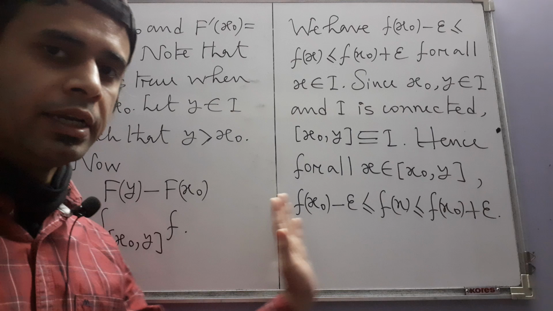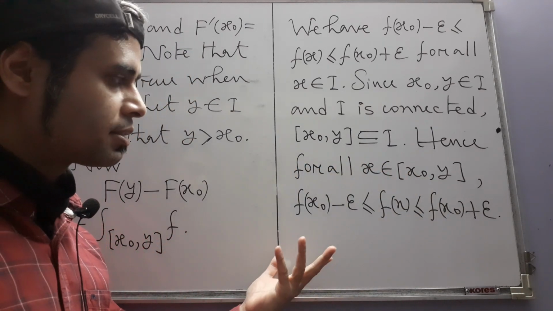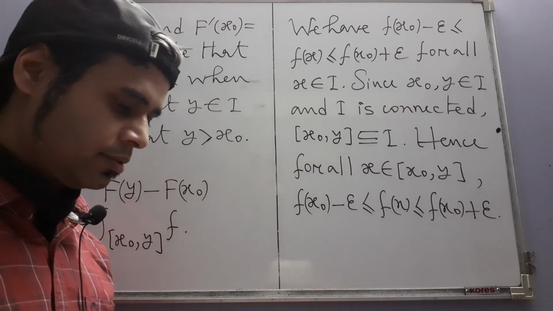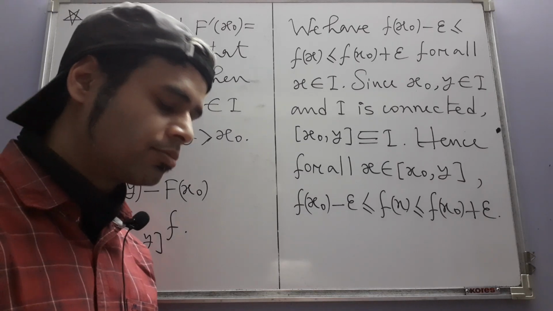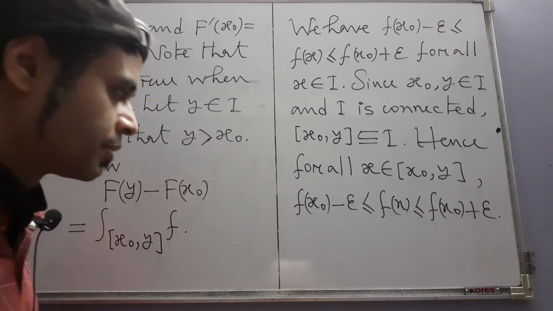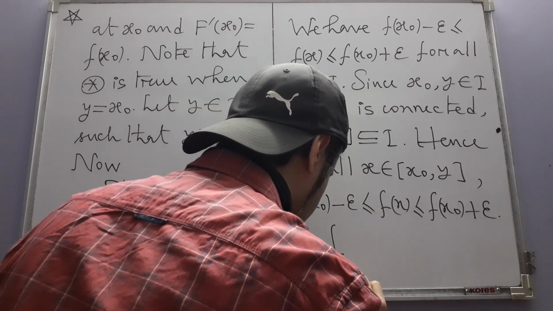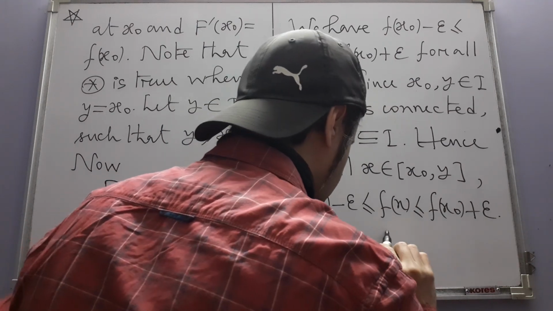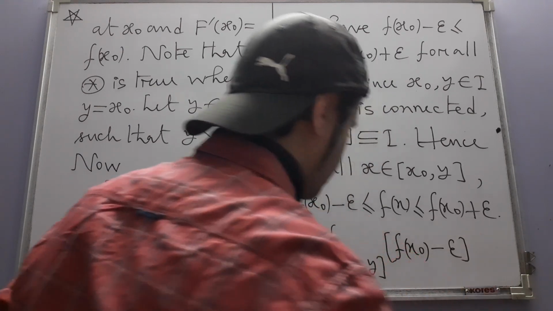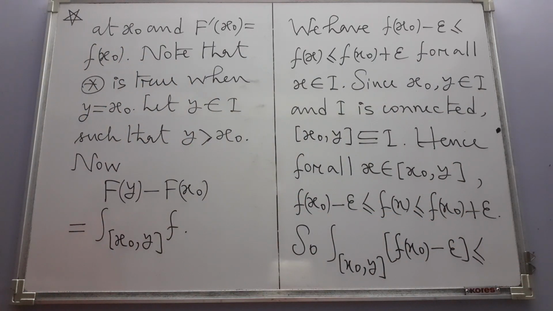now what we do, we will integrate over this interval all the terms. And what gives us the justification for doing that? It is that property, Theorem 11.4.1 part E, which lets us have inequalities between integrals. So this is what we are going to get if we take the integral over [x naught, y] of all these things. f of x naught minus epsilon is less than or equal to the integral of f